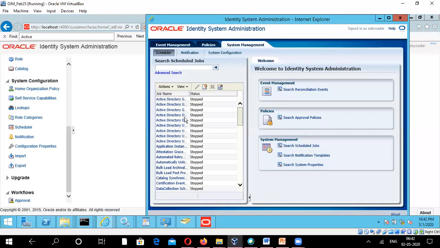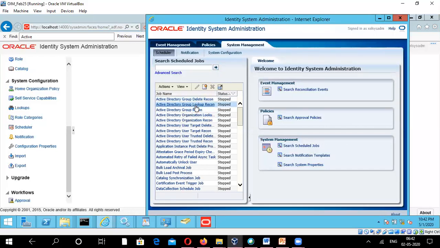Here you can see the Active Directory group lookup recon, and then delete recon and various other scheduled jobs. All these have been configured successfully. So we are good to proceed with our subsequent steps in installing the Active Directory connector.